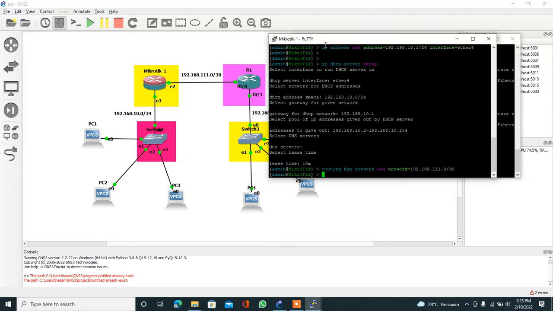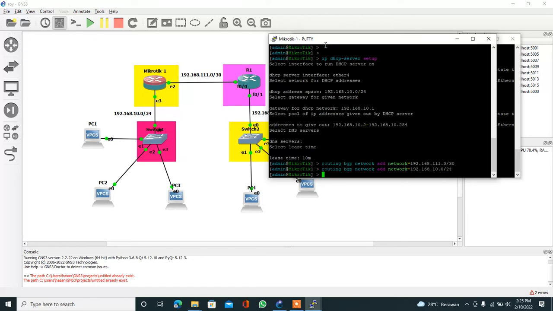Okay, enter, and enter the command bgp network add network 192.168.10.0/24 like this. Enter.